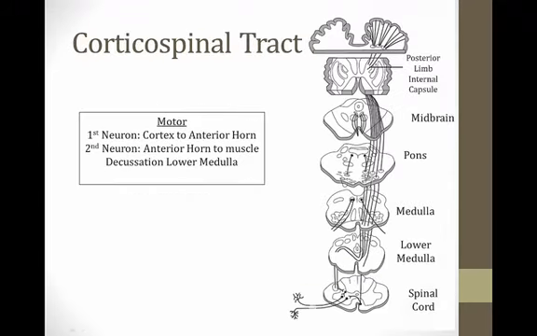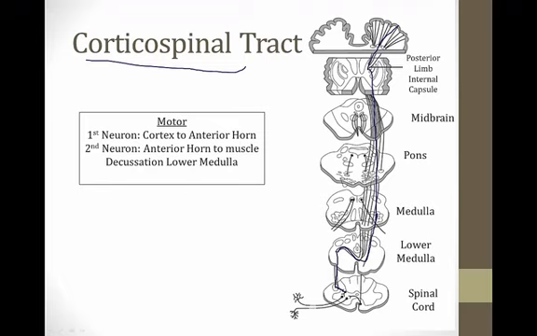So now let's talk about the motor tract in the spinal cord, and that's called the corticospinal tract. So look over here on the right up at the top at the cortex, and let's suppose your cortex decides it wants to create a motor action in your body. It will send a signal down through a structure called the internal capsule, and then those fibers will descend through the midbrain, pons, and the medulla on the same side of the body as the cortex. And then in the lower medulla they will cross, and that's called the decussation, and then they will descend in the spinal cord and then synapse in the anterior horn at the level of the spinal cord where they want